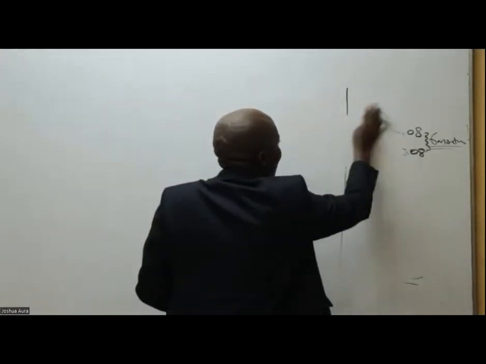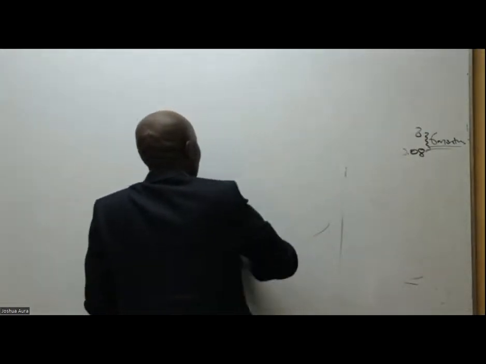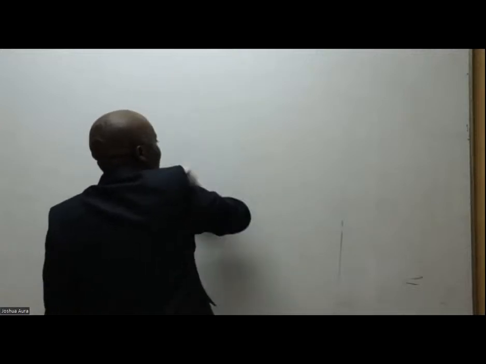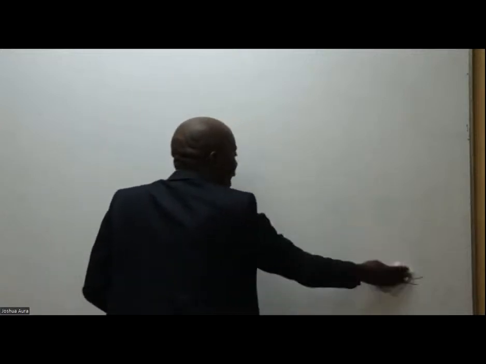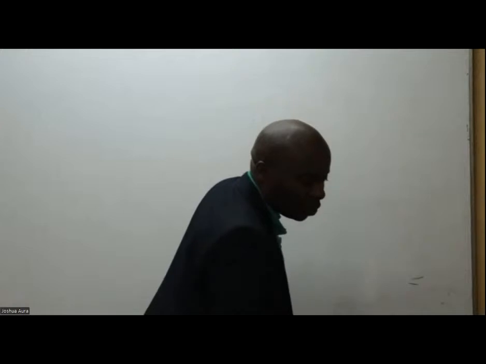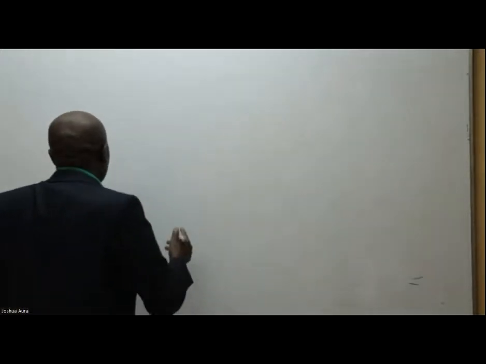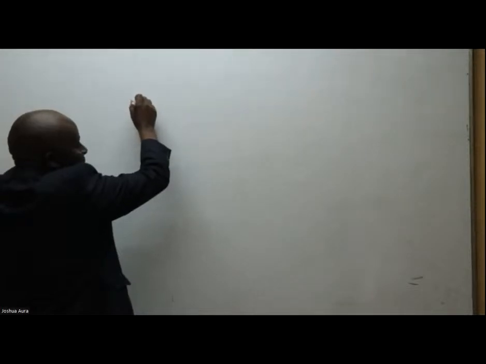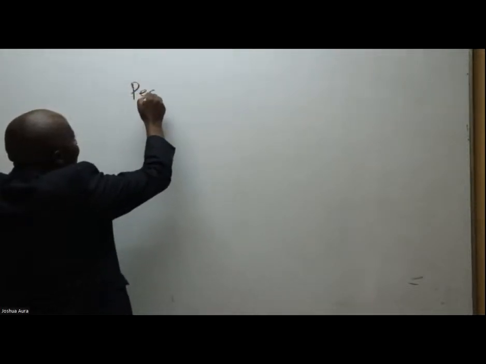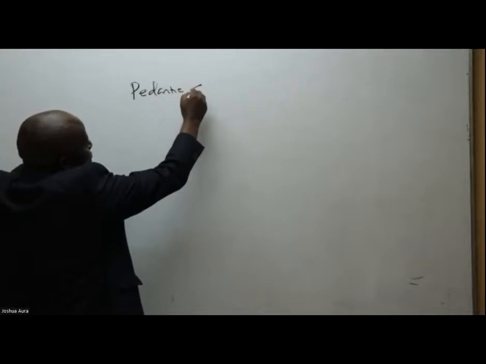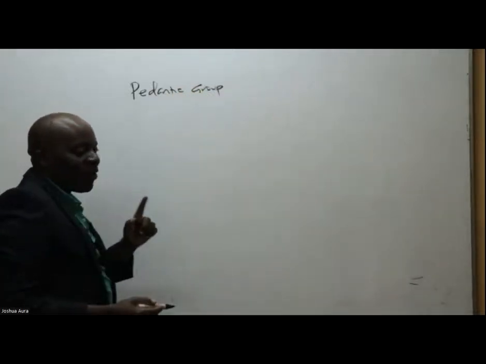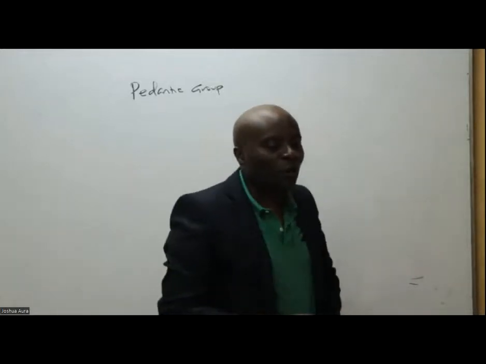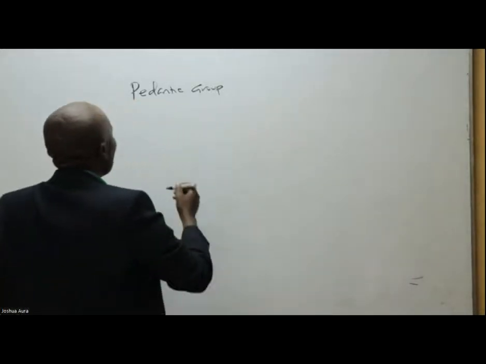What has this examiner asked you to do? This examiner in Roman 2 of the question whose agenda we are on top of today has asked us to do something very simple. You start with the name of the company. The name of the parent company is Pedantic. So we call this one Pedantic Group. The group will always be called by the name of the parent. So Pedantic Group,